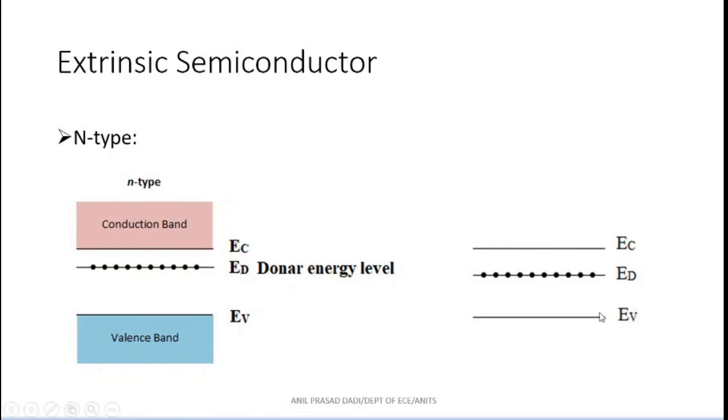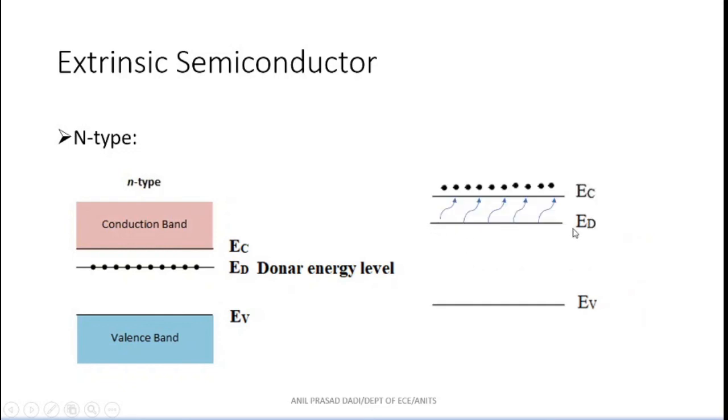So this is EC, EV, and ED refers to the donor energy level. Why donor energy level? Because this is going to donate an electron to the crystal, that is why it is donor energy level. And the electrons present in the donor energy level will contribute to the conduction band when energy is provided to them, and then all those electrons will jump into the conduction band. So now there are free electrons available in the conduction band, or in other words, we are in a position to increase as many electrons as possible by adding pentavalent impurity atoms.